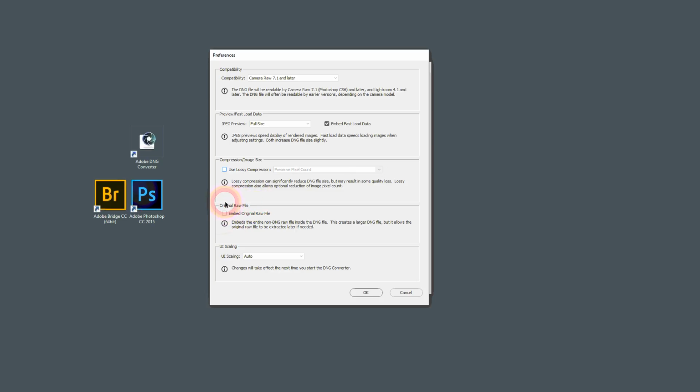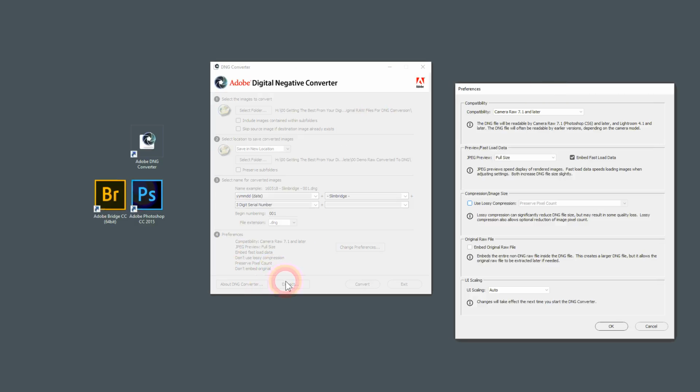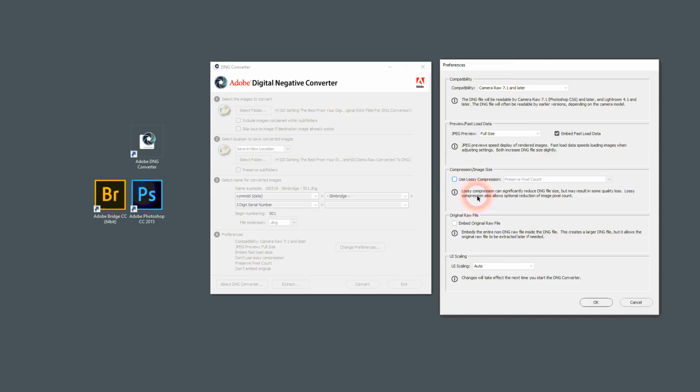This original raw file can be embedded within the DNG file, and you can then extract it, as I showed you with the previous one. You can extract it again. I never use this anymore. I did at one time, but I found it doubles the size of the DNG file, and I never had a need to look at the original again. So I'll leave that unticked. So select OK,